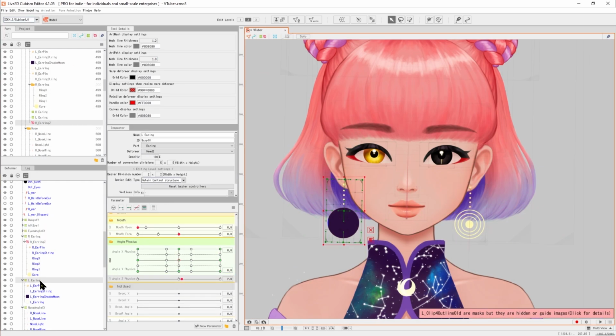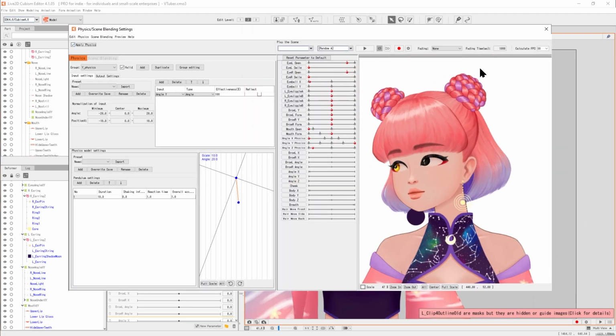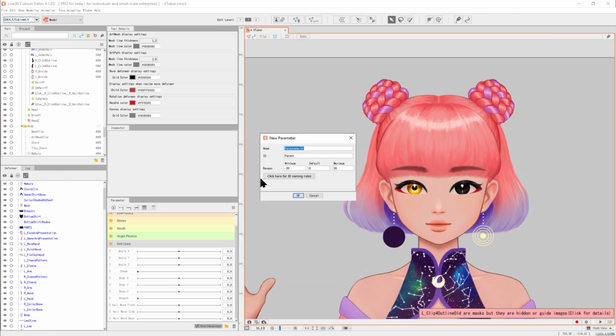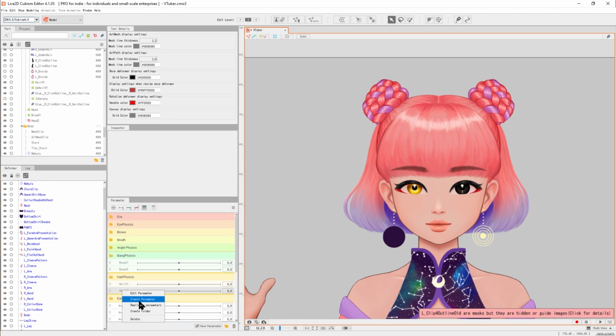Angle Z is just a rotational deformer turning the earring at the pin. They look beautiful in physics settings. Why am I so good at this? Bang! Physics time. I know I said I want the bangs to be glued to the forehead like Lisa's, but